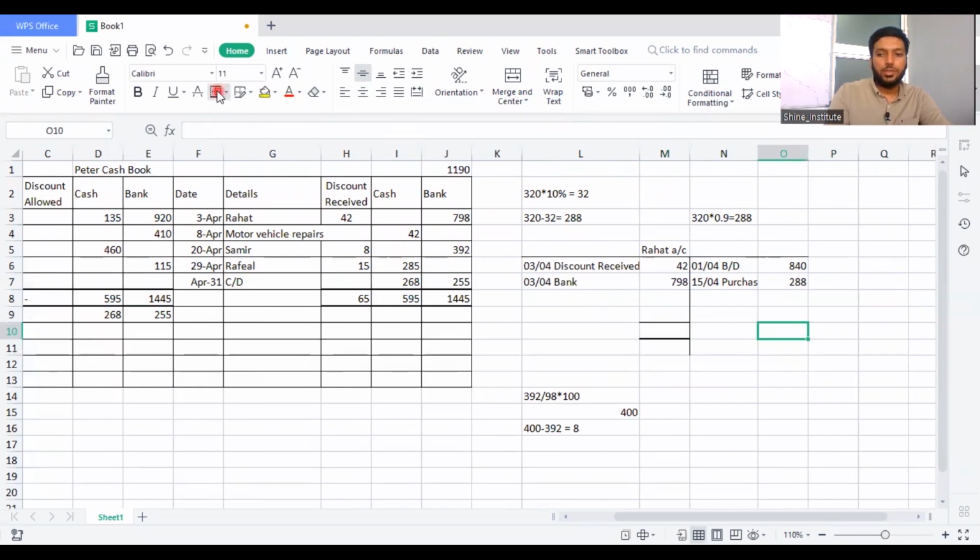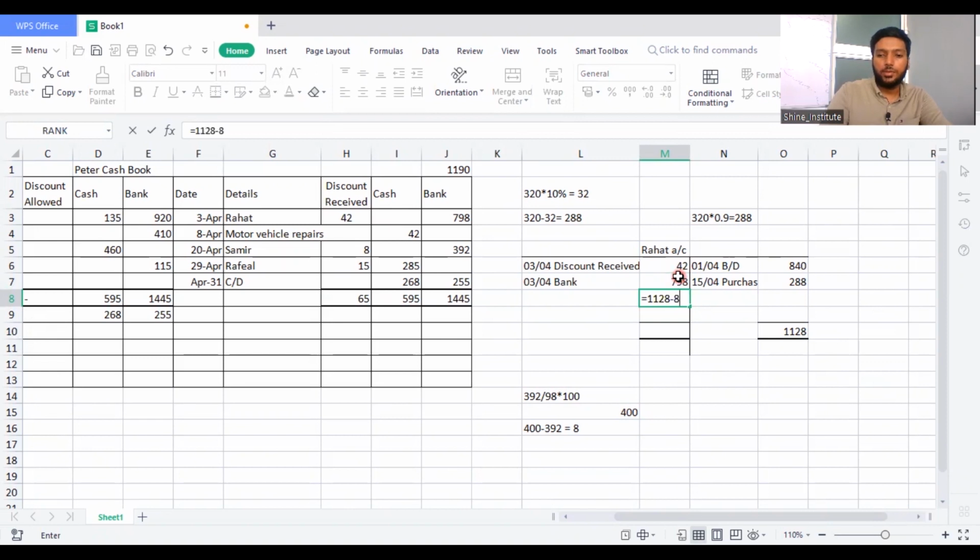Yes. So now Rahat has a balance. 840 plus 288 is going to be 1128, if I'm not mistaken. I'll take the total 840 plus. You can see this value under sum 1128, and the same way I'm going to take 840. So I know that